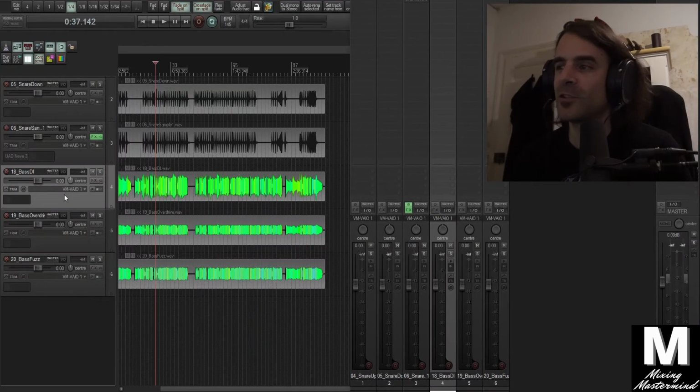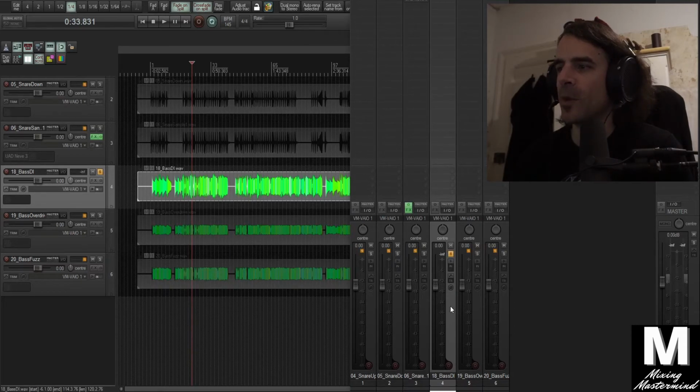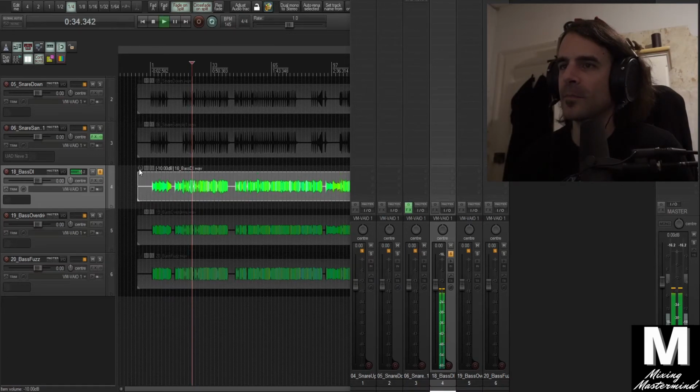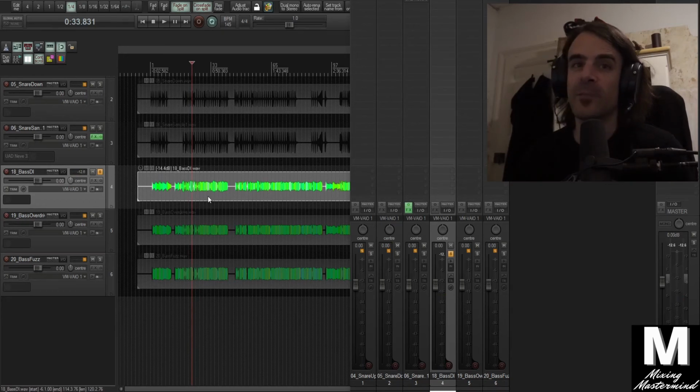If you want, I can show you what that means exactly. It's nothing to do with the level on this fader here, but the level going into the plugins. If we wanted to make that minus 22, we would just have to make sure it's hitting minus 22 here on the level. Pull our clip gain down, something around about there, I don't know. If that's something you do and you get good results, then I'd love to hear about it. Generally for me, I just want to make sure